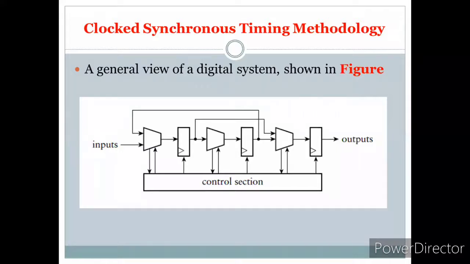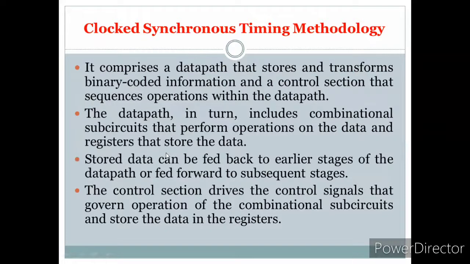First, let us see a simple digital system design. There's a simple circuit that we have considered here. If you observe, it consists of an input signal, some combinational circuits, some flip-flops, and some control sections, and the output, some with feedback, or going forward. These are the signals present inside, and some control signals go from the control section to the respective combinational circuits or flip-flops, or come from the flip-flops to the control section, to control the sequence of operations. So what happens here? Let us see that.